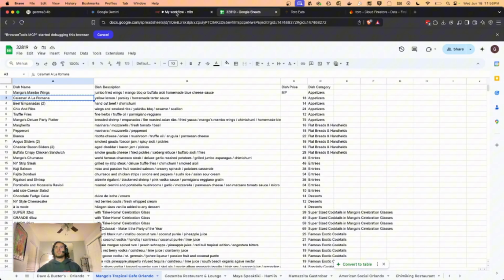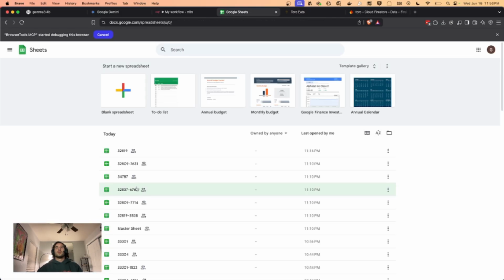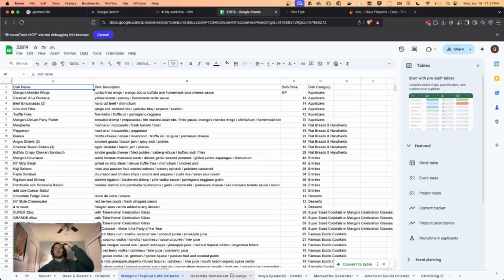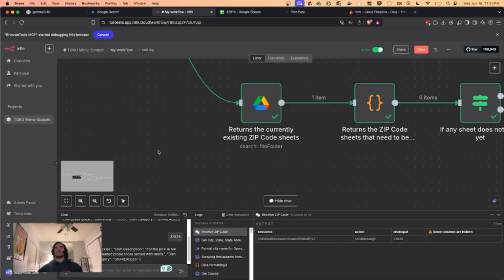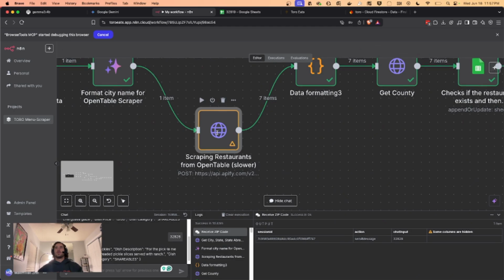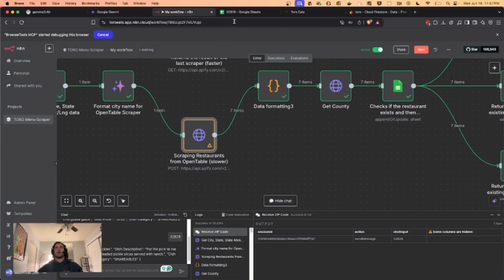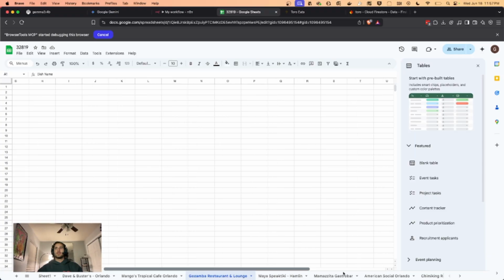So it creates those sheets that are in that structure that we saw. Oh, I lost it. But whatever. Like we do Florida, Orange County, zip code, and then in the zip code we get this. And that's what this workflow outputs. So I really do think that there's a limiting factor here in this max items of 10. But what I'm also concerned about is that we got 7 restaurants here, which is fine,